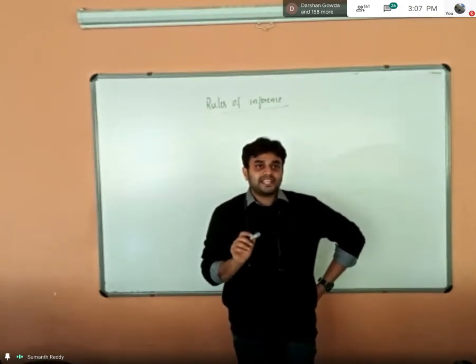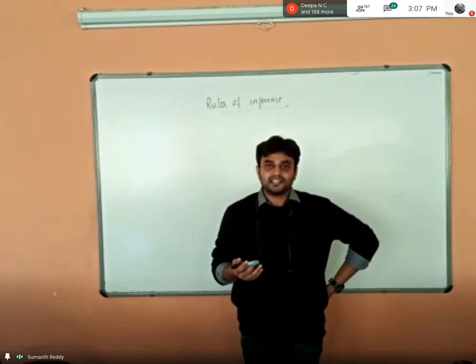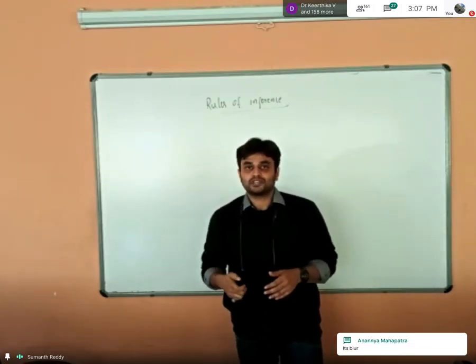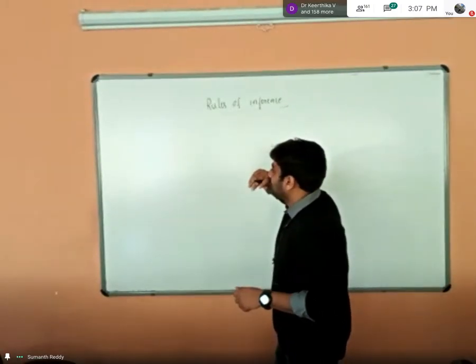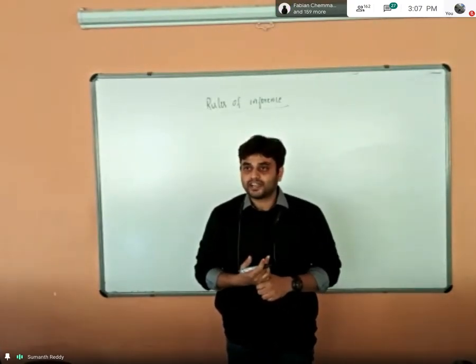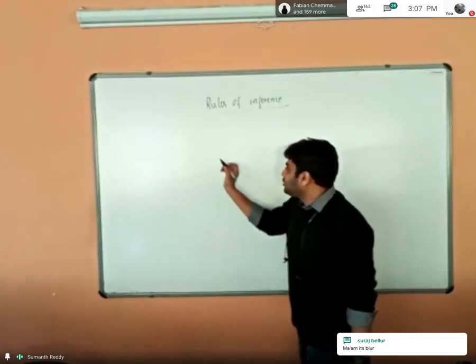So either he can give the question in the form of sentences or he can give the mathematical representation directly. He can use any one technique. First, I will give you an idea about the 5 rules of inference. Before I tell you that, first I will tell you about the symbols.